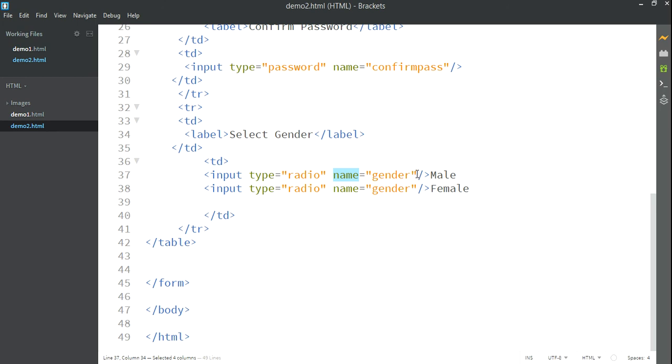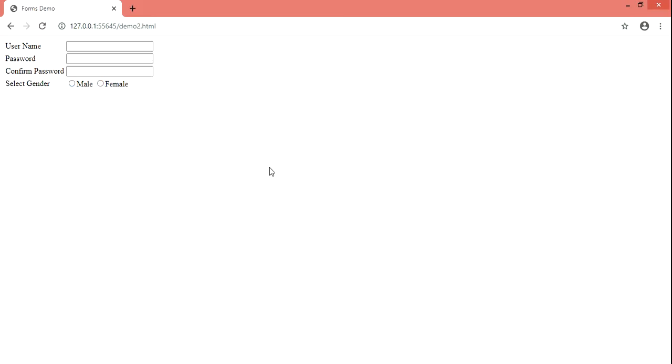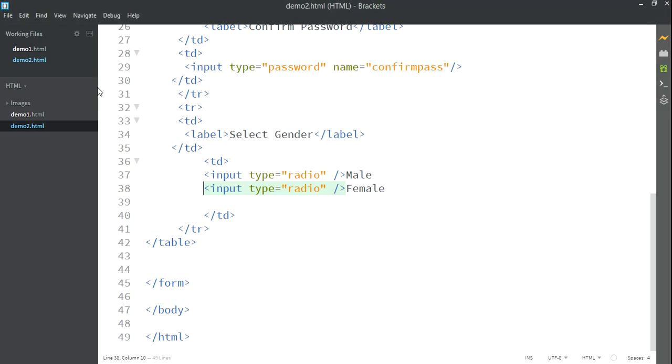Check it out. If I remove the name with the value from both fields, save the changes and view the output in the browser, now I can select both values, because these are two different controls that we have added in HTML.